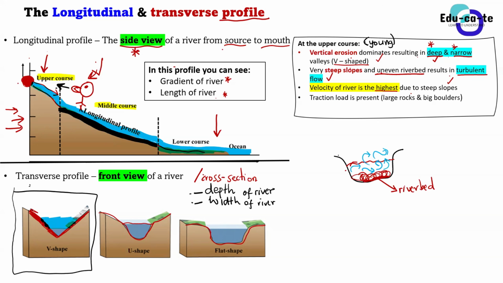Hear my words carefully. If you were to pour water on the floor, the water will not be able to flow that much. But if you would pour that water on a mountain, it will rapidly flow. It's because the mountain has got a steeper slope. So here at the upper section of the river, the slope is very steep. That is what causes the river to have a lot of velocity, velocity being the speed. The river flows faster because of the steeper slope.